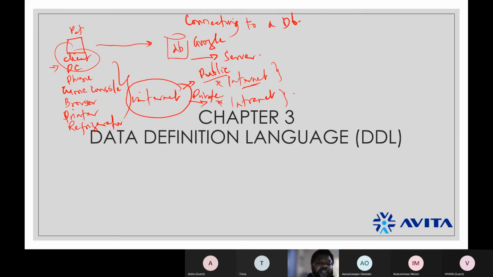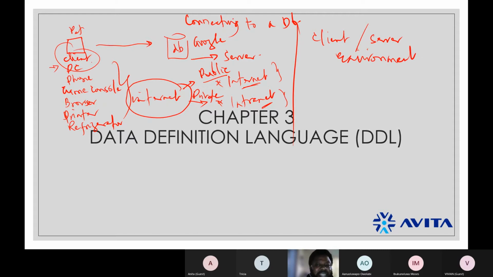That information is not on the internet, but on the company server, and you are connecting through the intranet, the computers inside your company. We call that an intranet. In this kind of situation, the kind of connection you have is called a client server environment.